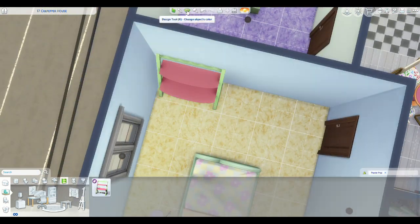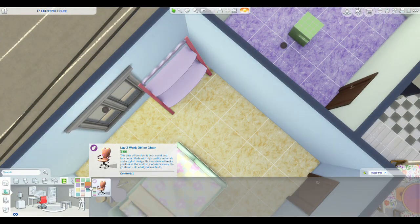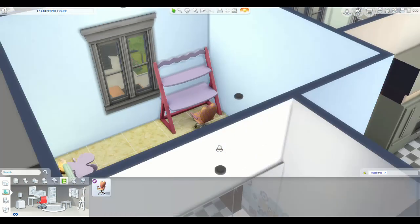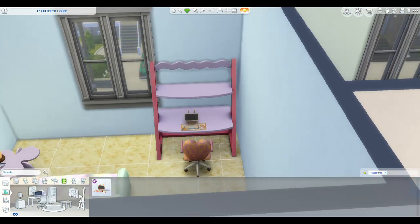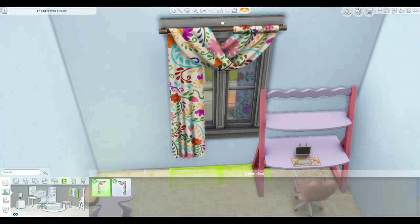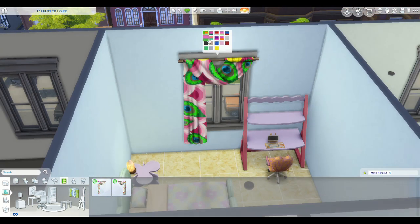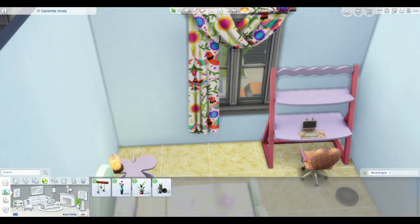and so I do add a desk and computer into this space because I realized I didn't have one in the main living spaces, and maybe this sim has the accounts where they pay the bills and then the other sim pays them back. I don't really know how that would work, but I knew having computers in a space like this